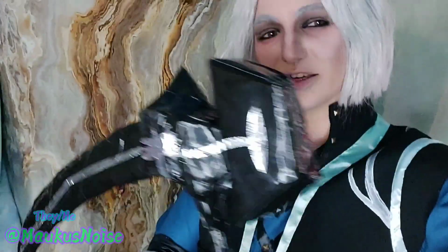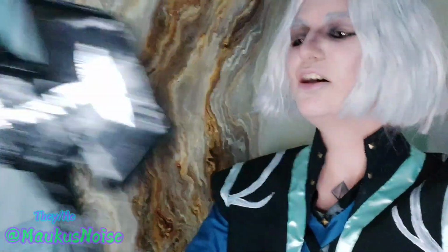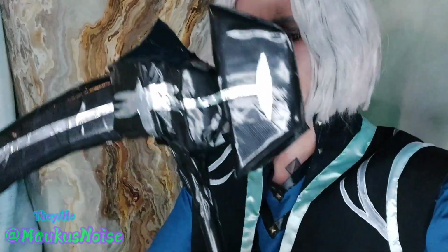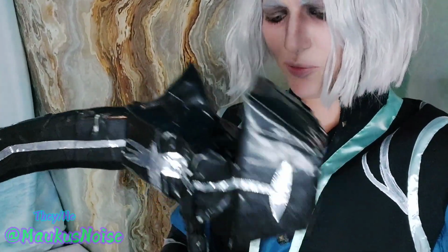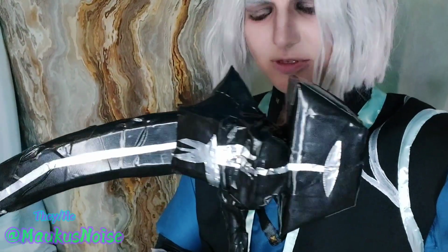actually turned out okay. Like for a, don't look at the back of it, this is what the back of it looks like. For a prop made in less than half an hour on the very last day, it's not too bad. I may have to keep it like this because I don't have any reason to have a scythe anyway. It was fine, it was just lying around my room. But yeah, I don't really want to have to take all this duct tape off, so I may keep it. And Hector